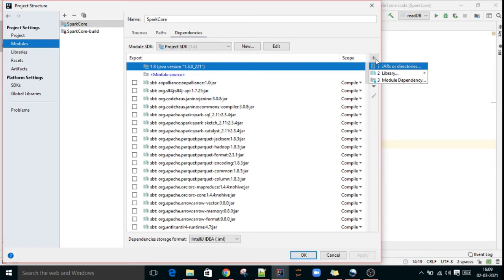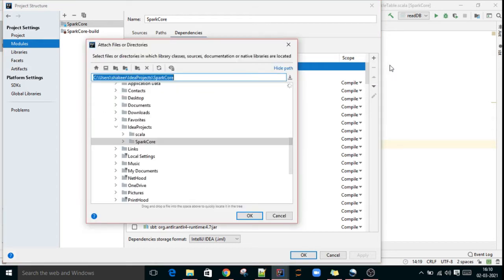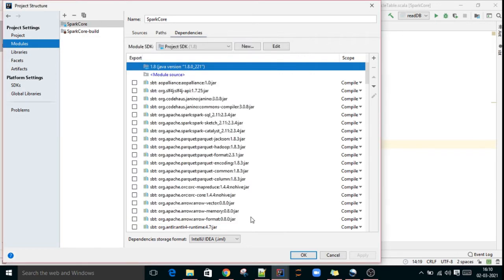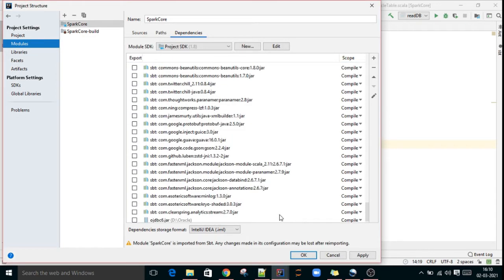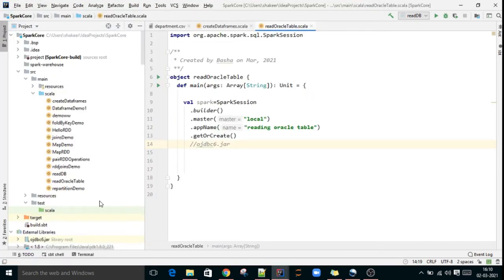With this being a jar file, OJDBC6.jar. Jars as directories. If you select this, it will ask for the path, so you have to select that file name. I have already selected it, OJDBC6.jar, so this I have imported as a library.